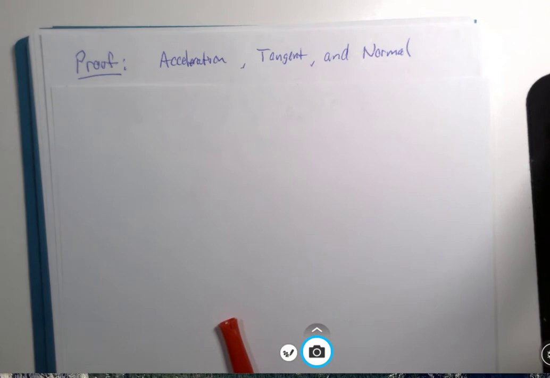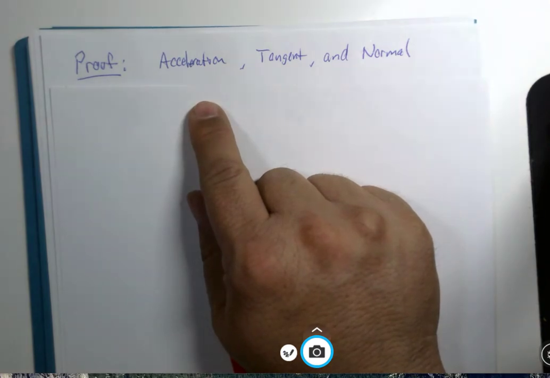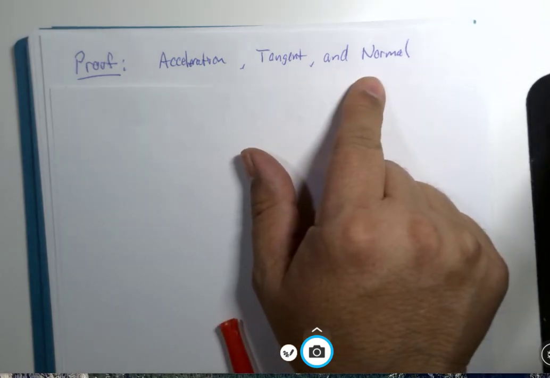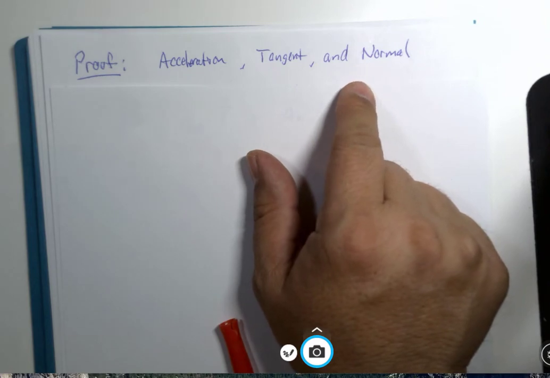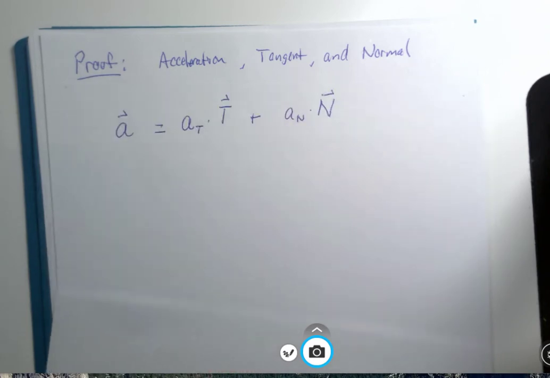So we just got finished seeing a visual of a supposed link between the acceleration vector of a vector function and the unit tangent and the principal unit normal vector. So I was visually showing you about a concept. In this little segment, we're going to see a proof. It's going to fall short of all of the usable pieces we will need, but it's going to clearly show that when it's all said and done,